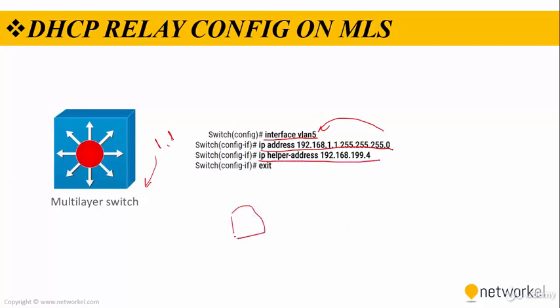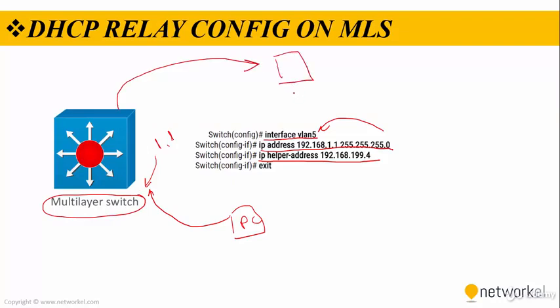If a client sends a DHCP request to the multi-layer switch, it takes the request and forwards it to a remote server which has an IP address of